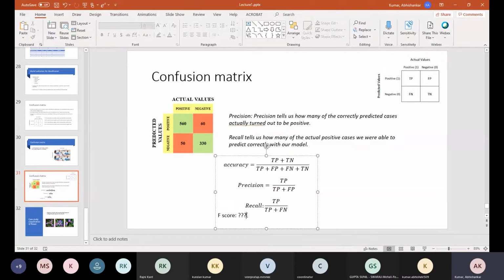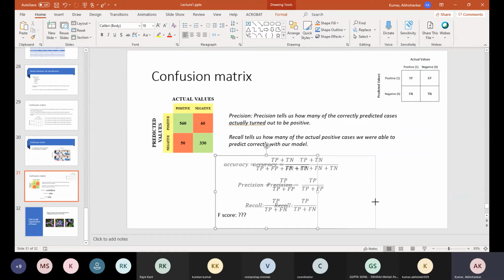And what is F score? It is the harmonic mean of precision and recall. Okay, so can anyone tell us exactly how to write it?